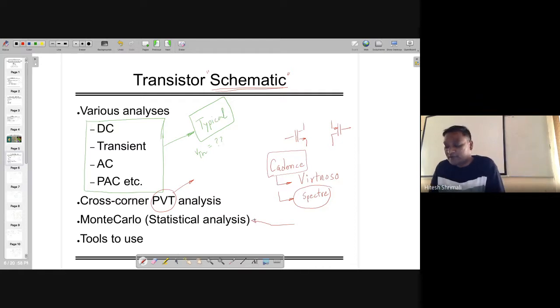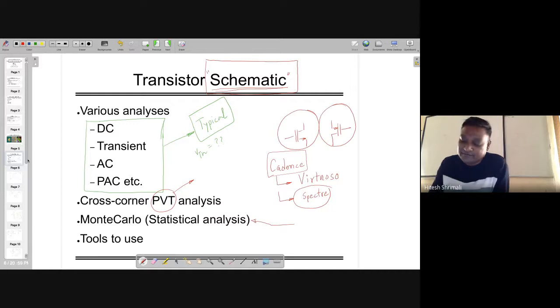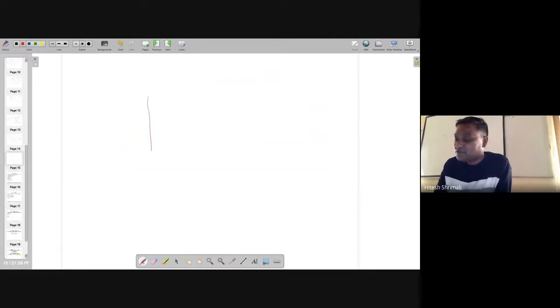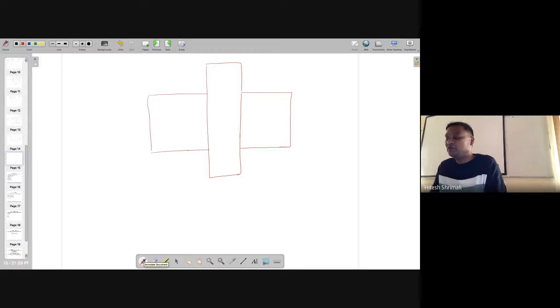This is what I expect you to do when you are running Cadence on the schematic. Look, we have not started the second chapter, the reality, because reality shows up when, look, this is just a schematic. The transistor does not look like this in reality. If you remember, we studied the stick diagram, and we studied how a transistor looks. In reality it looks like this, and we are going to call this the layout.